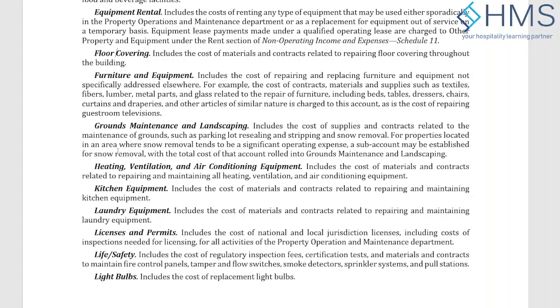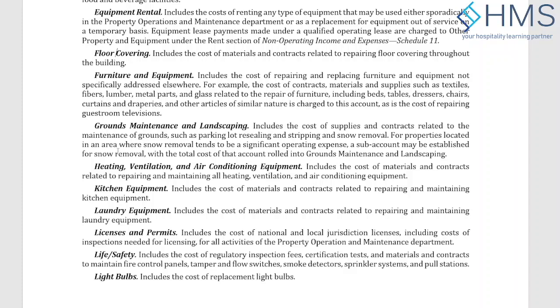So the cost of material contracts to repair the floor covering. It could be the wooden floor like the parquet or the carpet or other materials. Usually you have plastic or vinyl on the floor. So that will be covered in this floor covering. And you have furniture and fixtures in the hotel, loose furniture. All the loose furnitures will be included in this line code. So it will be textile, fiber, any material, but it's furniture and fixture, furniture and equipment.